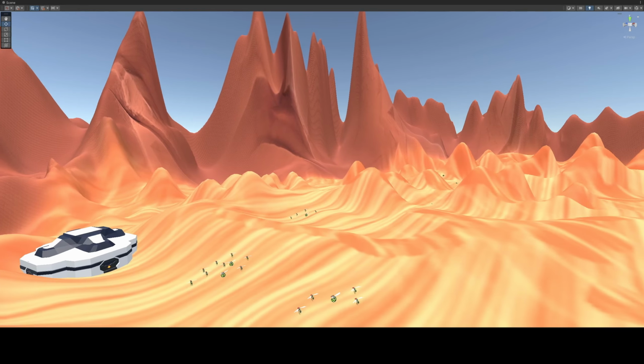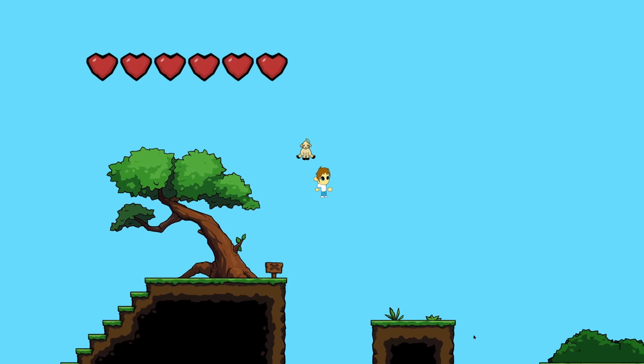Whether it's VR horror, tactical shooters, or 2D platforming, my goal is always the same: to create levels that are